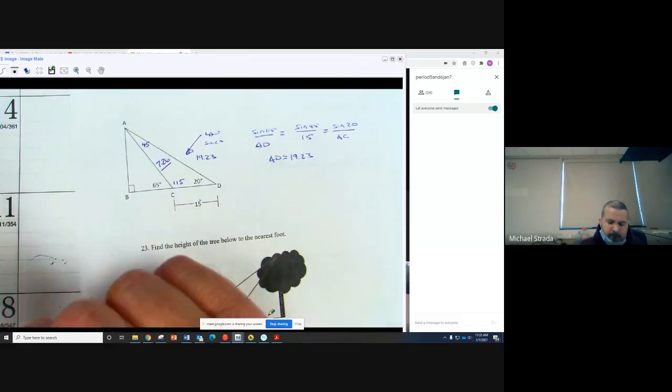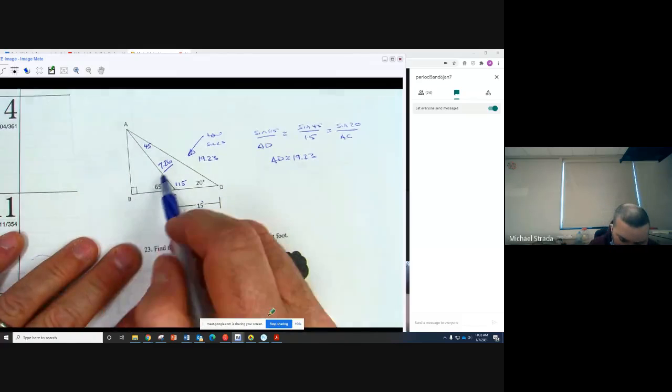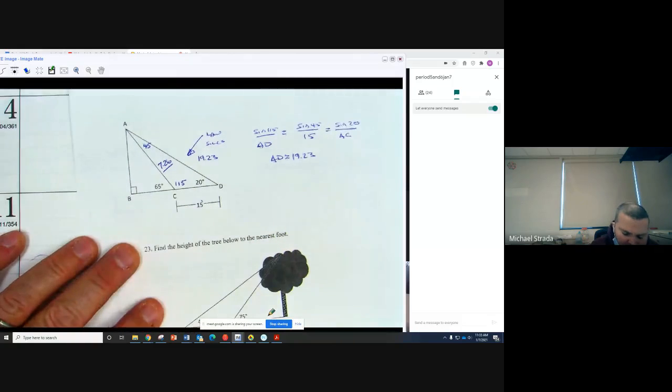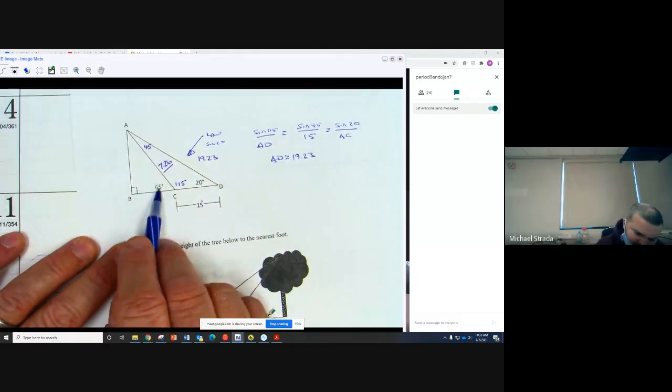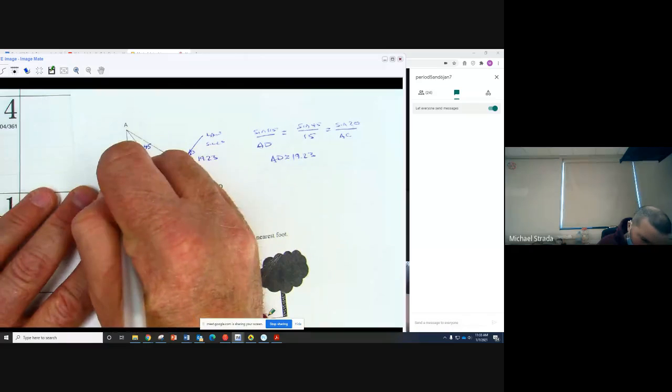All right. Now, from there, I now have the side of a right triangle. I can use regular right triangle trig or Pythagorean theorem to get these sides. For example, that's 65 degrees. If I want to get AB,